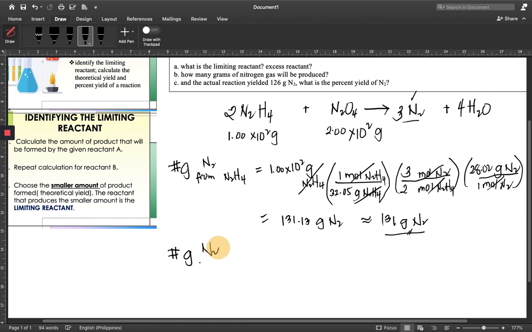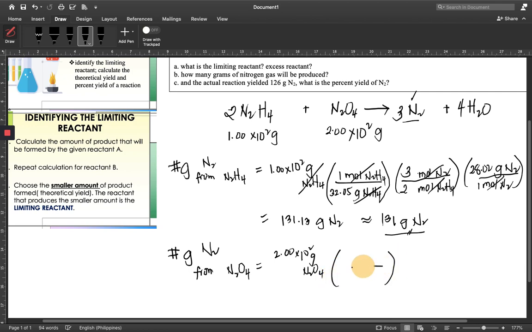So this time from dinitrogen tetroxide already, N2O4. Alright, and we know that it is 2.00 times 10 to the second grams of N2O4,